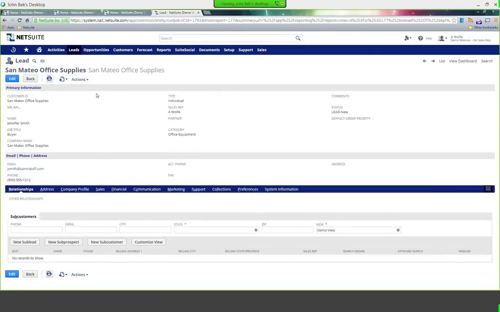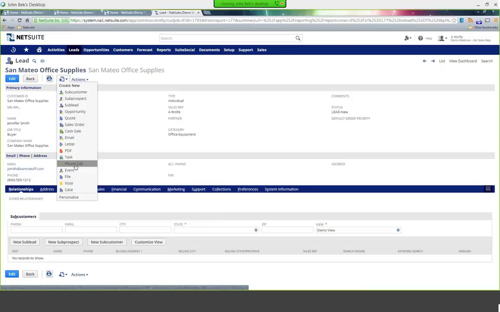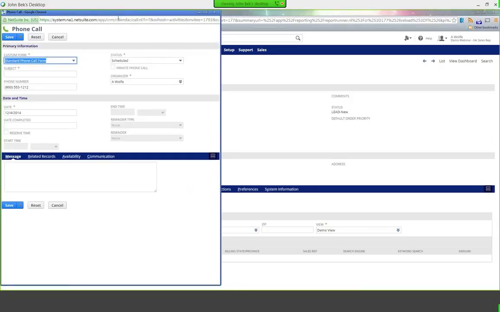And you can see that the information I've got in here has contact information, the company name already. It's in a status of lead new. And at this point, I can perform any number of actions in here. I can make a phone call to this lead if I wanted to. So you have some CRM, SFA type functionality that enables you to come in and say, I'm going to make an introductory call to this lead and say that I spoke to Jennifer and agreed to send a catalog. And go ahead and save that.